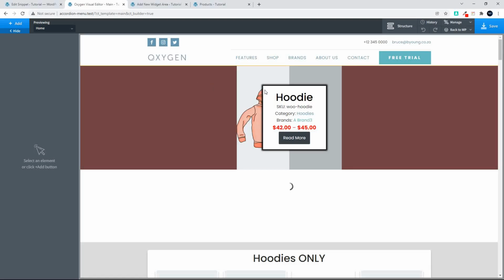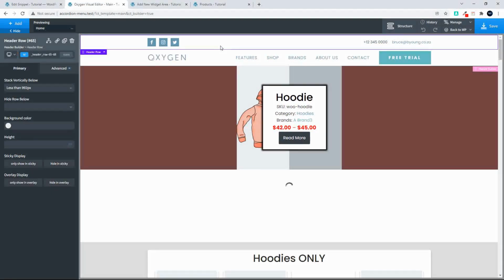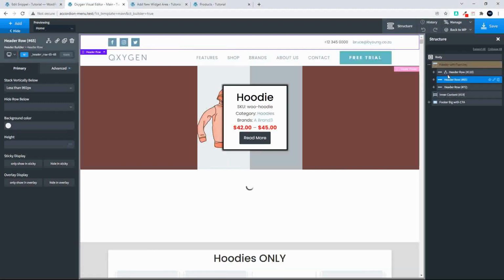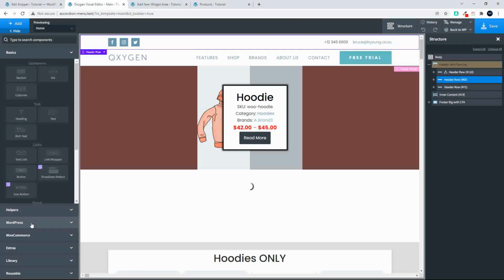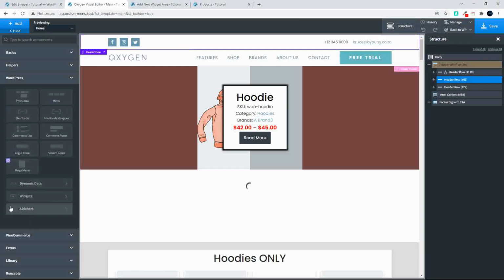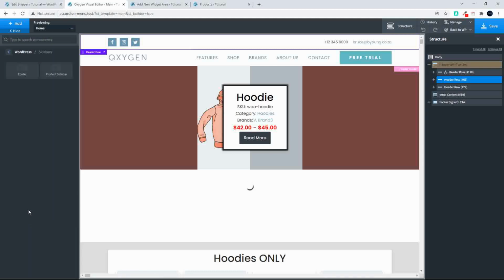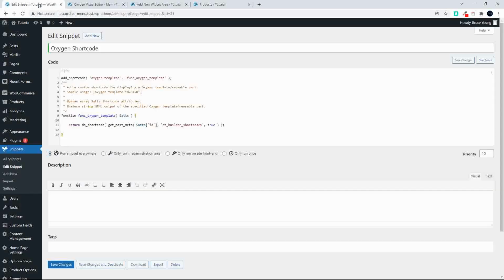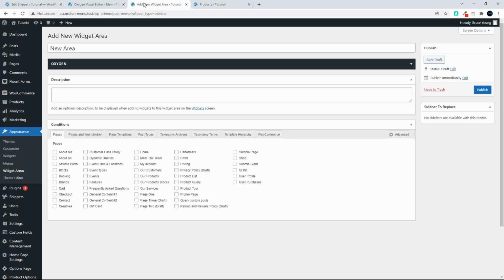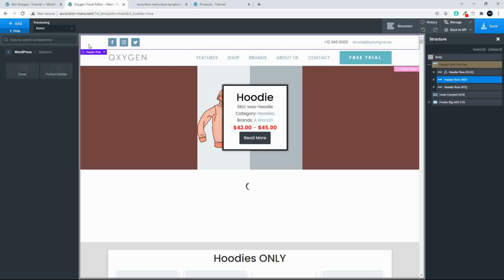Oxygen loaded. If I wanted to add a new widget area, that new widget area I just created, let's say I wanted to put it in my header somewhere. Let's go to the structure pane. So I'm going to add it here. Then I would simply head down to WordPress, look for sidebars. Now you don't see the new sidebar created, and that's just because I haven't saved it. So if I publish that now, you can see the published sidebars are in the listing,